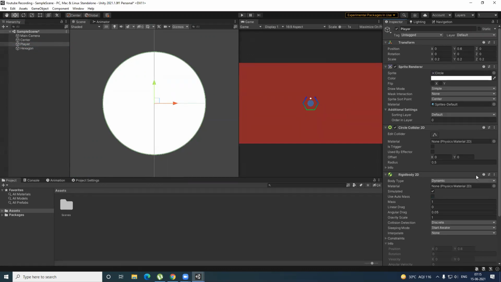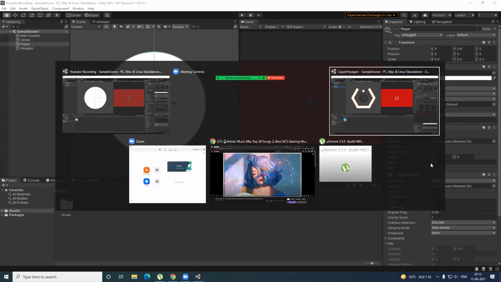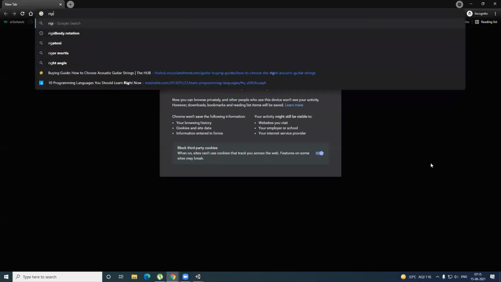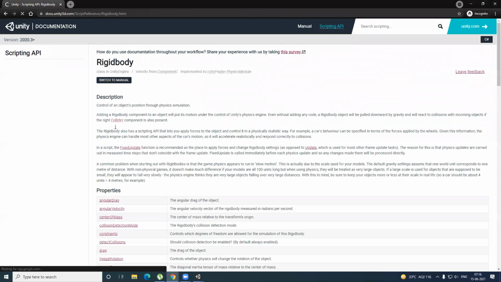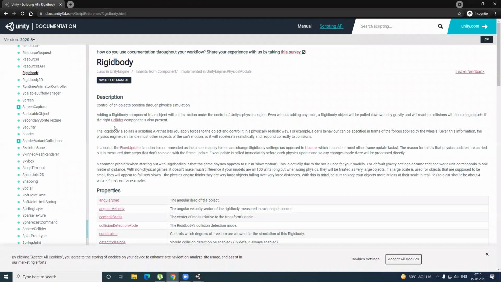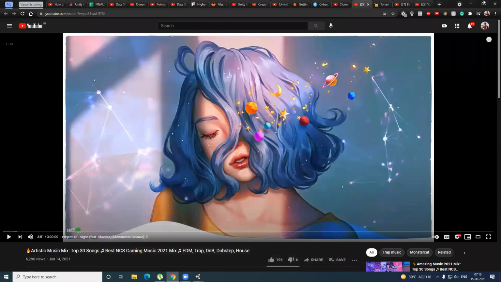Okay, so what is a rigid body 2D, you may ask? For simpler explanations, let's go to the official definition of rigid bodies. If I have to conclude it in a single line, rigid body helps you control the object's position through physics simulation, right? So what do I mean by physics simulation?